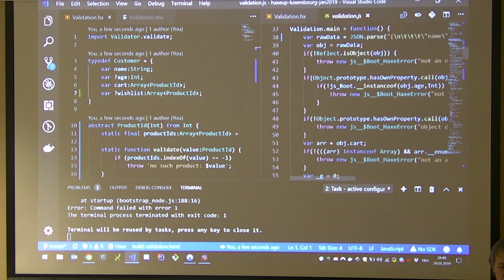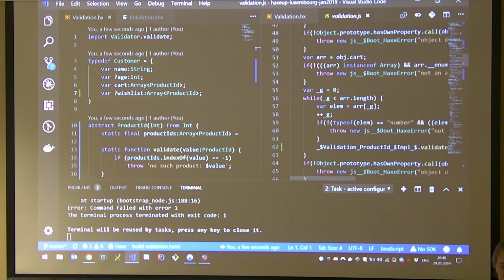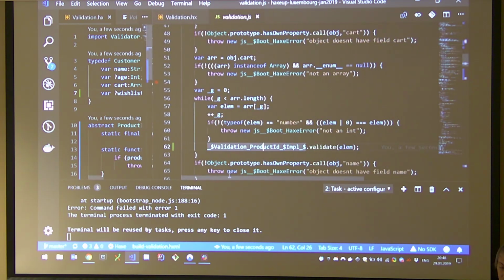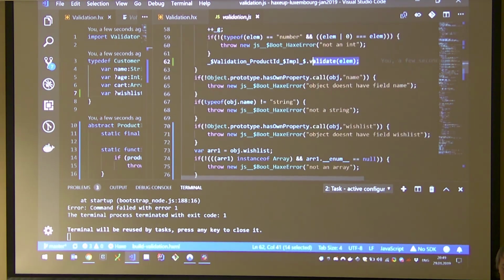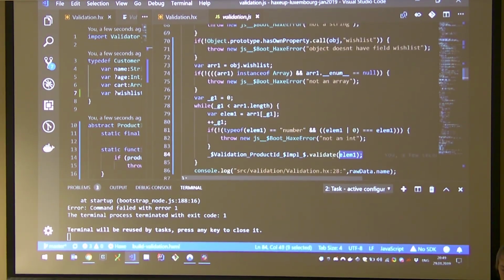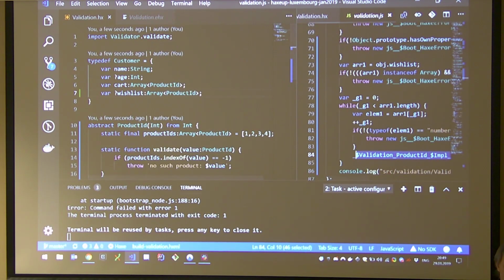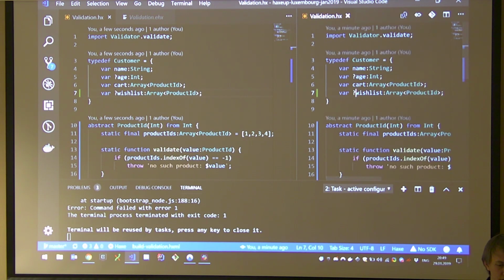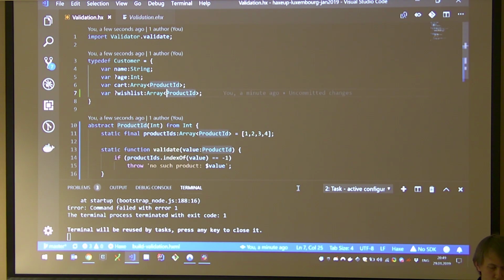So now, in addition to the check for int, we also have these validate calls for every element of our array in cart, as you can see here, and we do the same for wish list. So we didn't have to really add any field-specific validations. And this simple macro is actually pretty smart, because